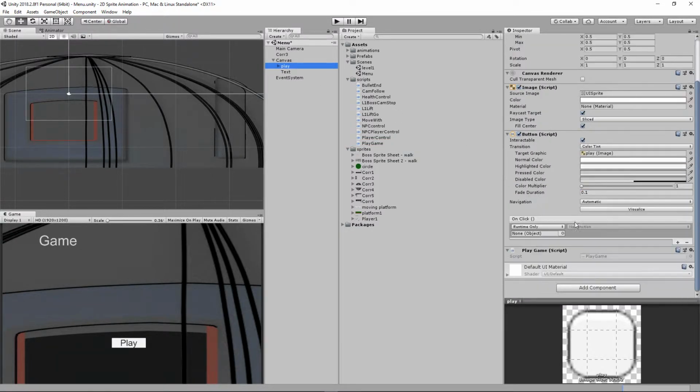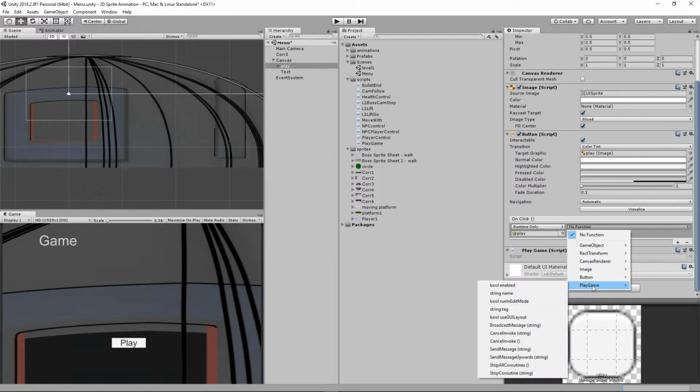So let's go to our button, and we have added this thing here. And on click, what object are we looking for? Well, we're looking for ourselves. And then what function are we looking for? Well, our play game script has a